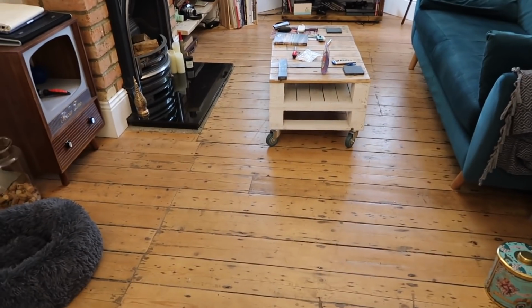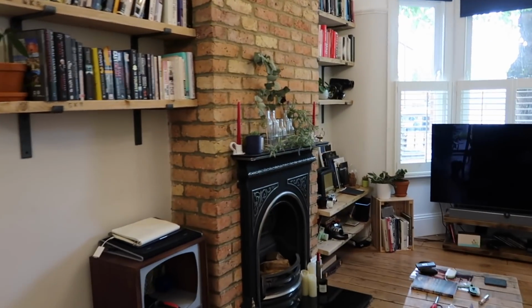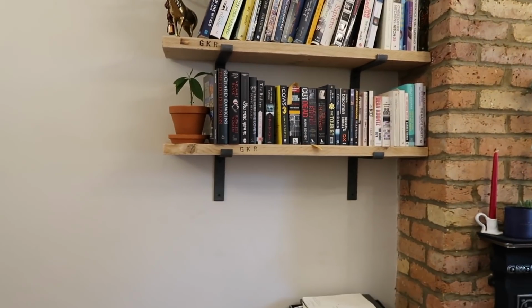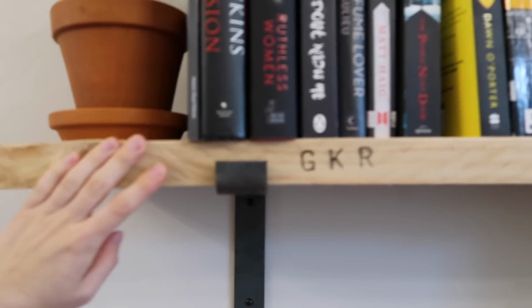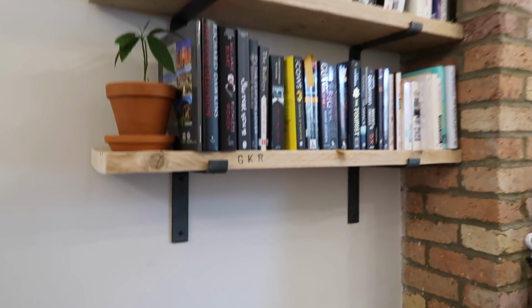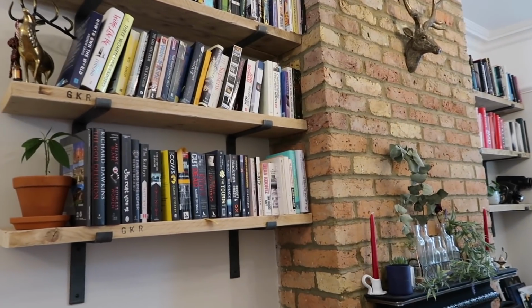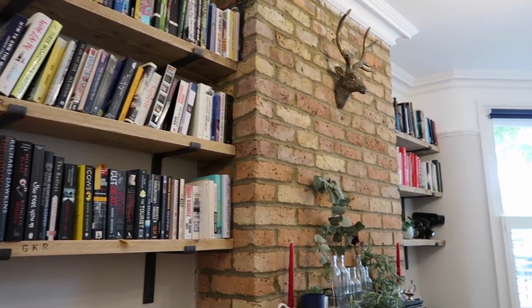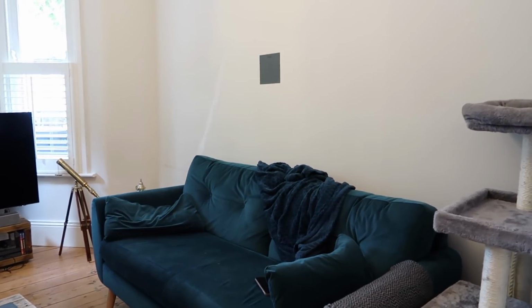So this is our lovely living room. It's a really nice size. It has these gorgeous original floorboards and a lovely brick wall with a fireplace. These shelves came with the property and we do quite like them. They definitely have the kind of industrial vibe that we like, but we are firstly not sure about having books up there. We've tried a couple of different ways and it just isn't visually pleasing to us. Our sofa is on this wall and we just think it's a bit bare,